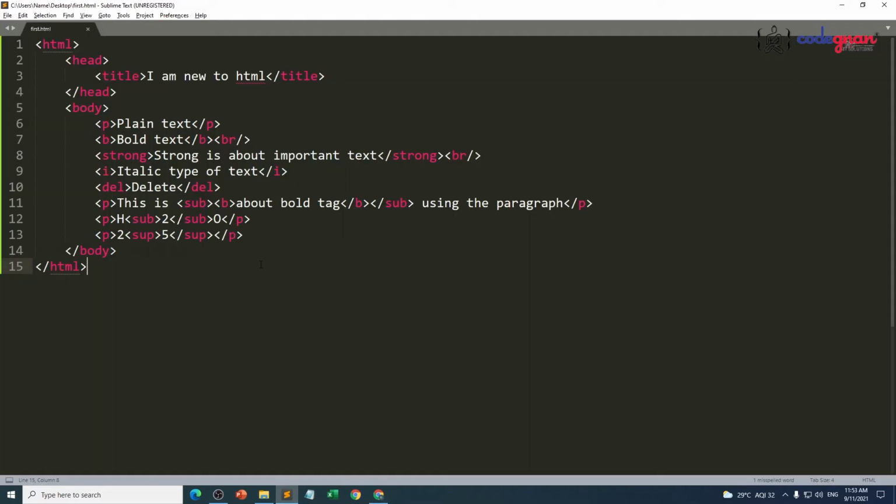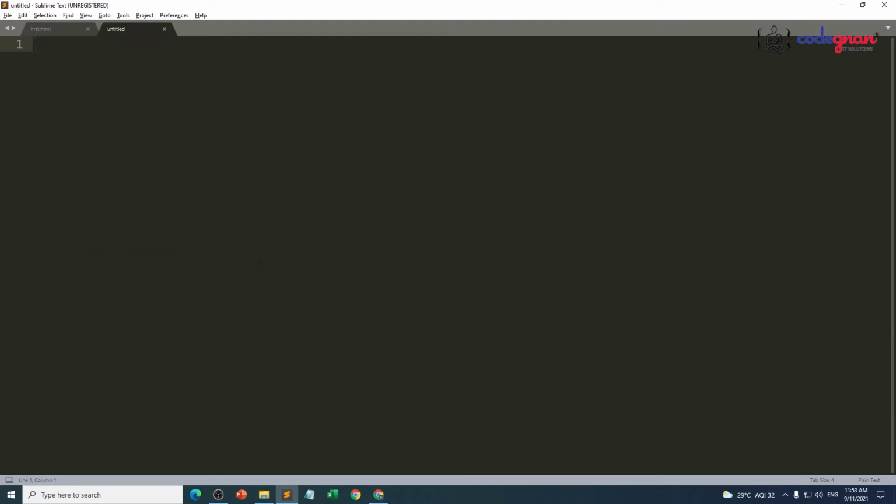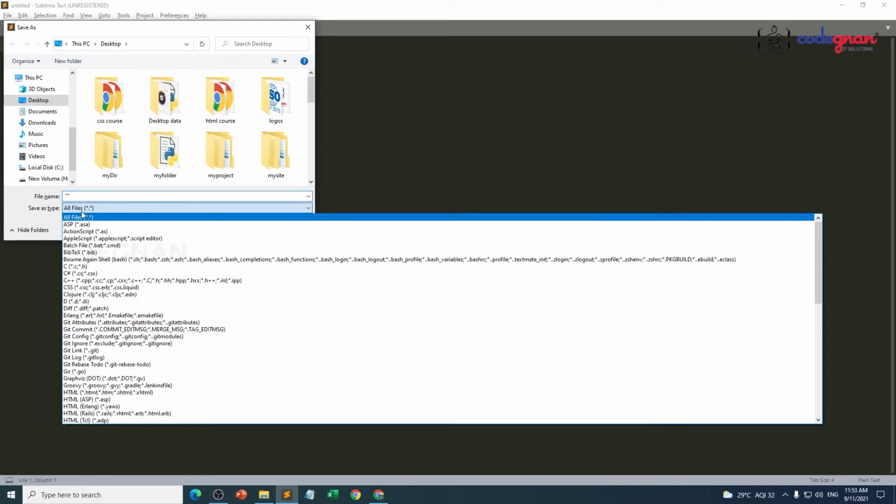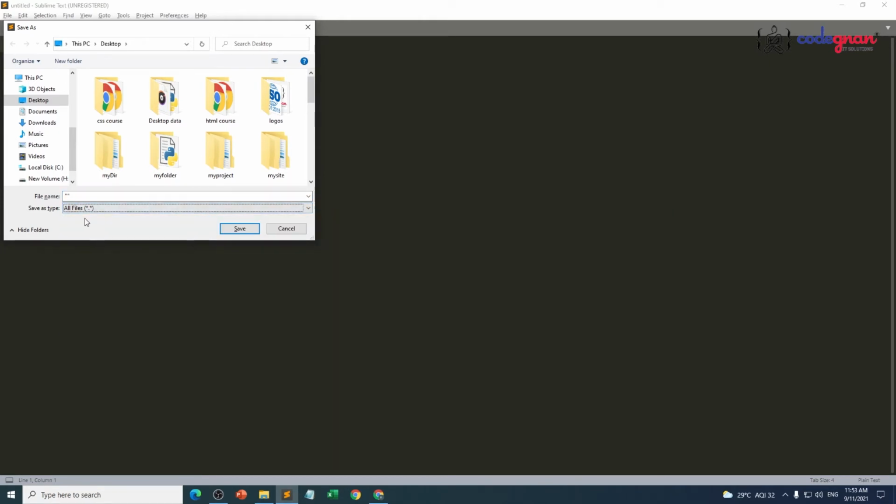I am going to take a new file this time. Control N. I am going to save this file. First of all, guys, whenever you take a new file, you need to save that file. It is okay to write your file name in between double quotes also. I simply always use double quotes, so that you don't need to come here and select save as all files. Sometimes the file name switches to something else also. We need to select save as all types. Based on all types I want to save. In that format, I'm using double quotes. I'm going to give the name as